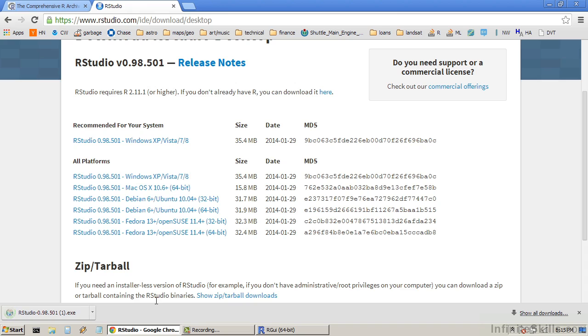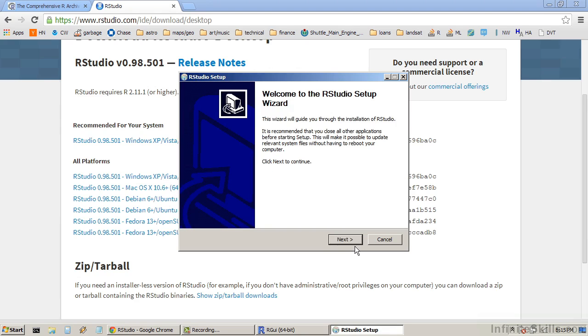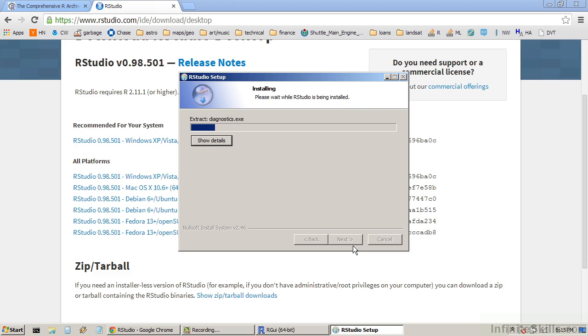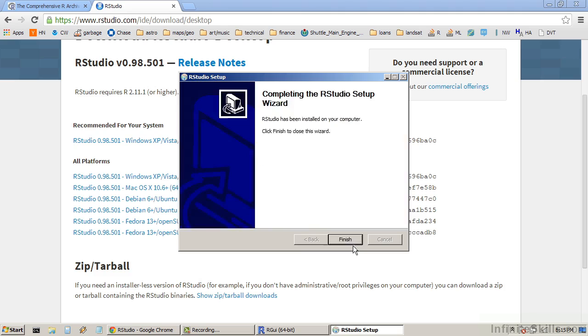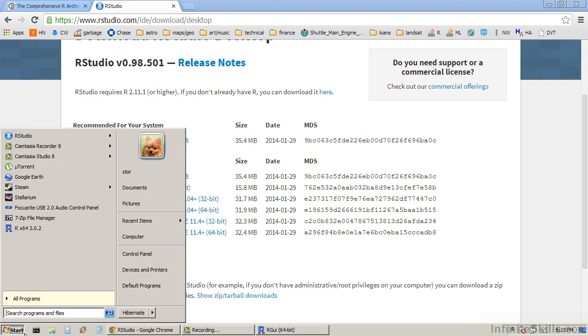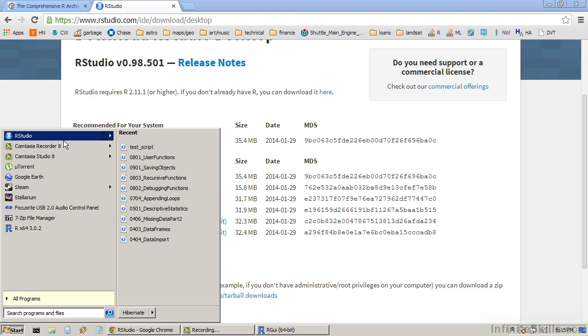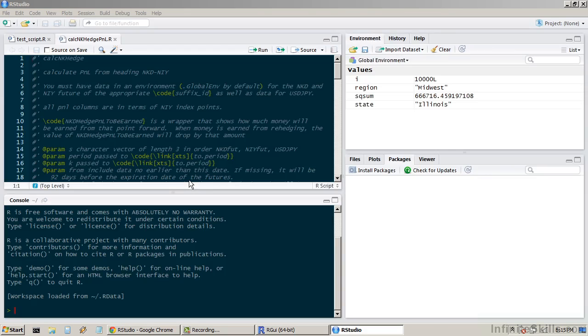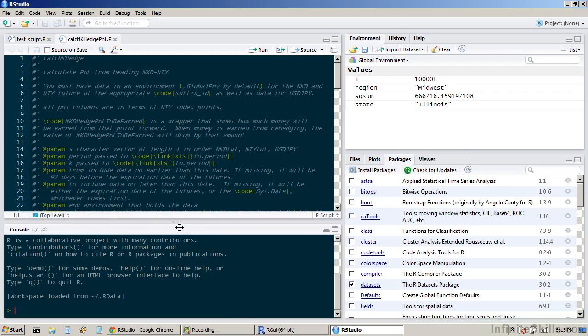Okay, so RStudio is complete, so let's open up the setup file, and we'll go through a similar process to what we did when we set up R. Again, select the destination folder for all the information. And here we go. So now, when you go to your start menu, you should see RStudio. It also might be on your desktop or in this quick menu down here. When you open RStudio, you'll see that it looks much nicer than the R GUI that we